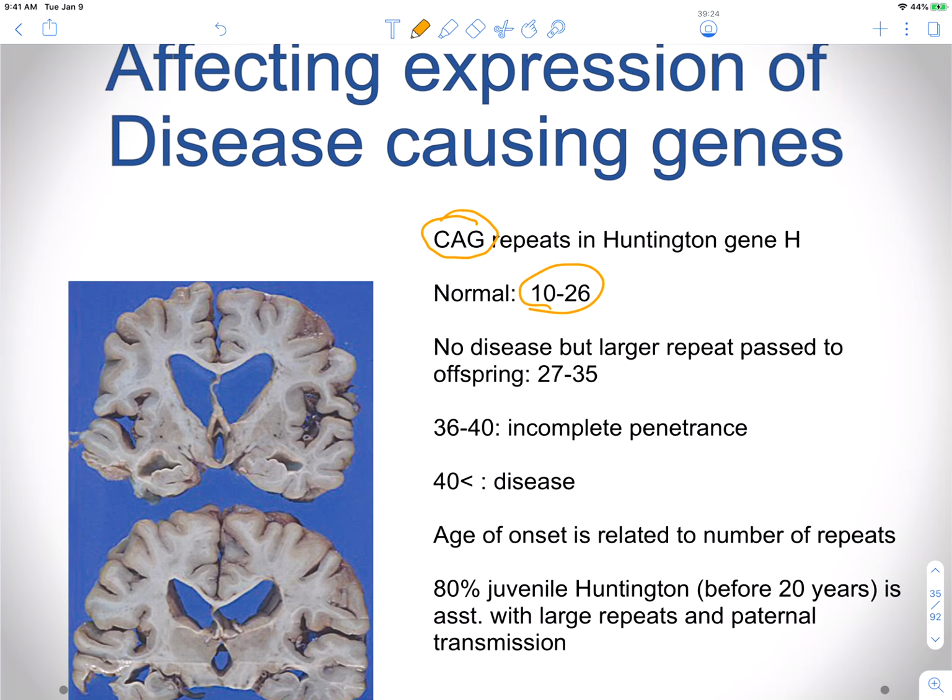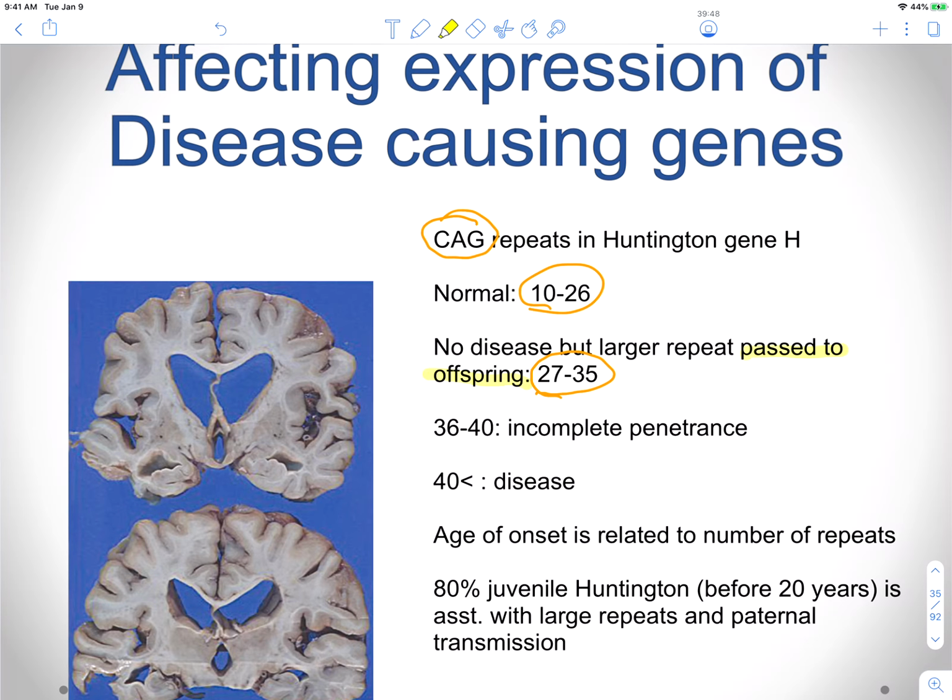If you have Huntington's disease, you are going to have different levels of amplification of this repeat. You can have anywhere from 27 to 35, and this is going to be larger than normal, but you don't have any disease. However, it does get passed on to your offspring, and this is where anticipation comes into play,